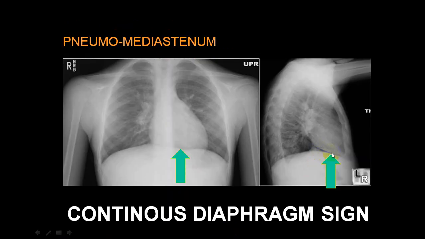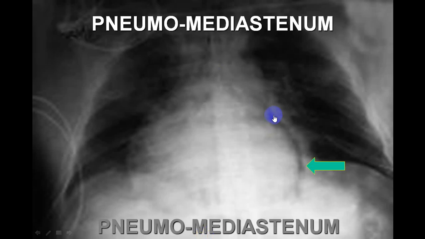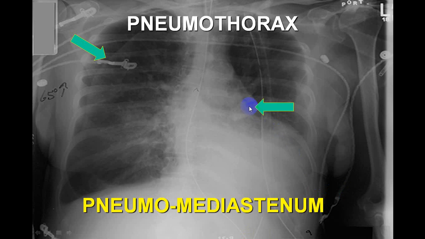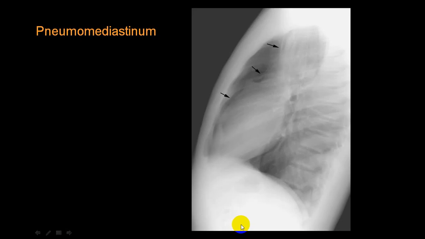You can separate out the cardiac border, that is the pericardium, from the diaphragm. You can clearly separate that out, and this is because of a pneumomediastinum. You can see here, this is a border which can separate out the pericardium. You can see a black line here also. You can see an arrow showing you air in the mediastinum, that is pneumomediastinum. You can see it around the pericardium.